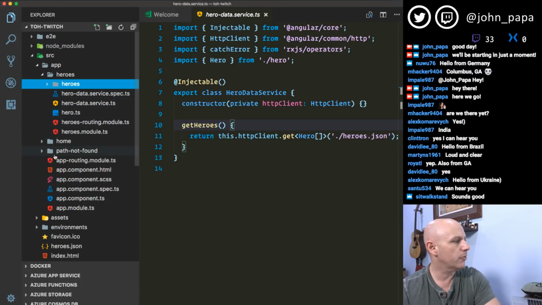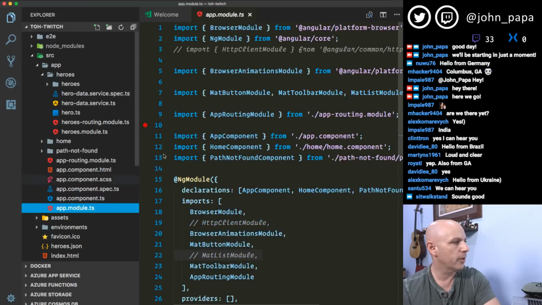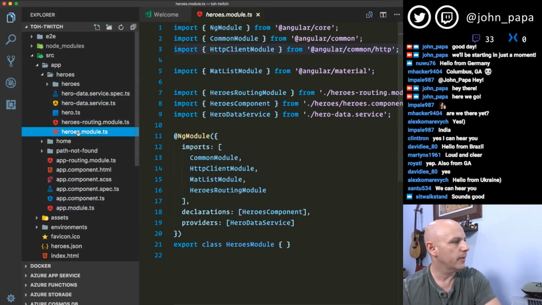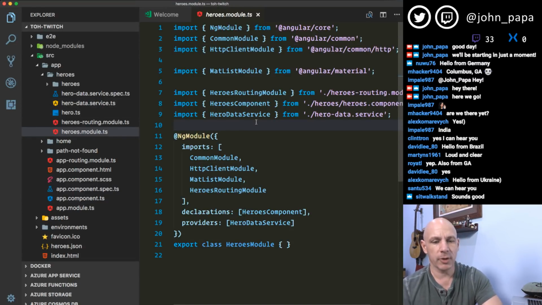The original structure is we have this root module down at the bottom, R-O-O-T, and you'll notice that I'm importing a lot of stuff here. And I kind of wanted to import HTTP here, but because of the way I put my app together, it didn't really work out so good, because I had this heroes module up here, and the heroes module has HTTP because it's using it inside of the service. It gets really confusing really quick, like where to import everything if you don't have some kind of